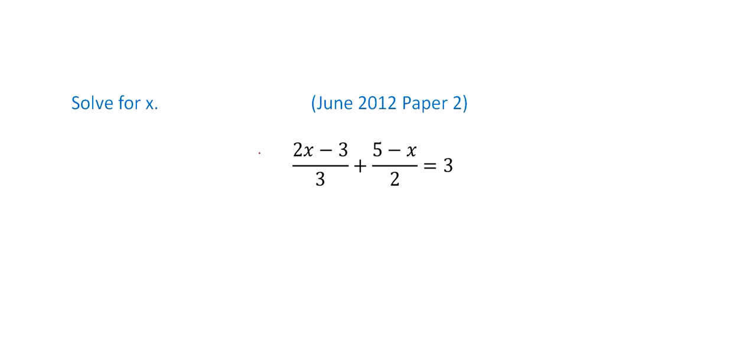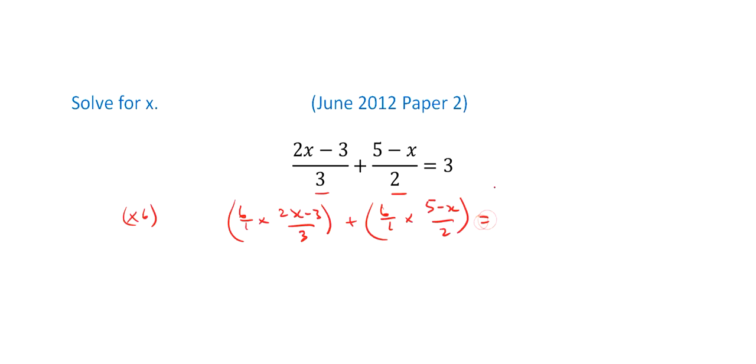I have another example here. This is from June 2012. Alright, we find the LCM of 3 and 2. The LCM of 3 and 2 is 6. So we're multiplying every single term by 6. So this will be 6 over 1 multiplied by 2x minus 3 over 3 plus 6 over 1 multiplied by 5 minus x over 2, which is equal to